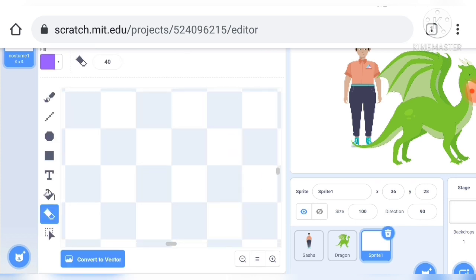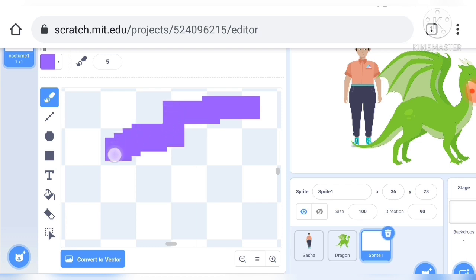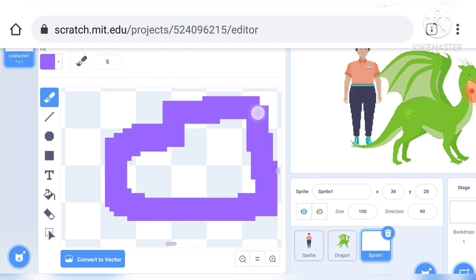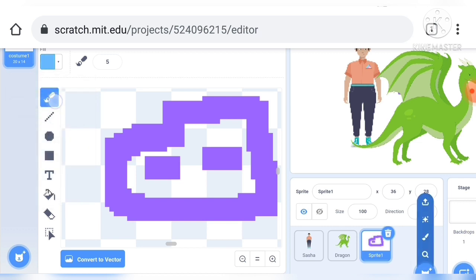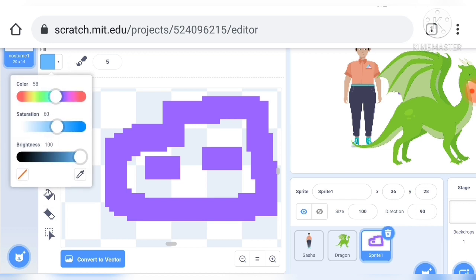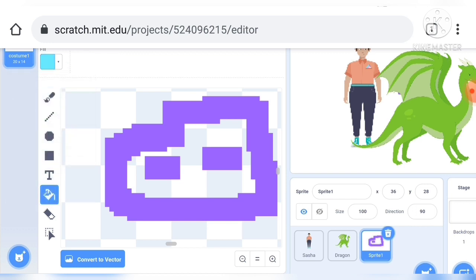Now I erase this. I will go in the convert to bitmap and I will make something. You can see now this is saved as a pixel art. This is also pixel art. You can make any kinds of eyes also like that, and then you can fill the color also. So let's fill the color like this. Okay, I will fill the color as I want. So let me choose this one. This is a turquoise color and I will click here and I can change its color. Now you can see it's so great.